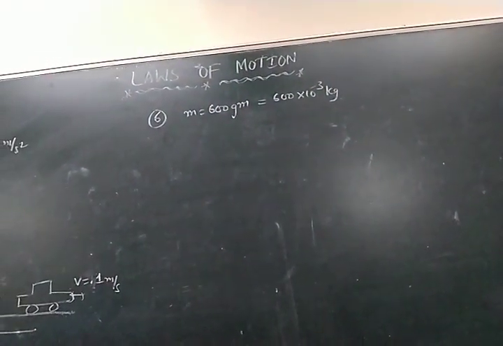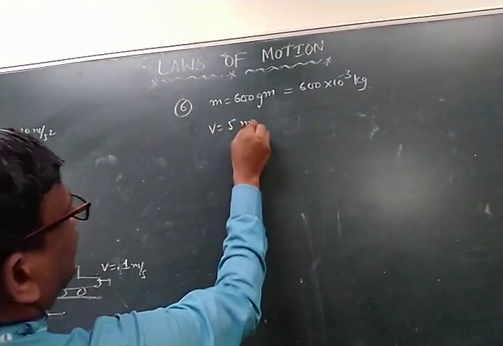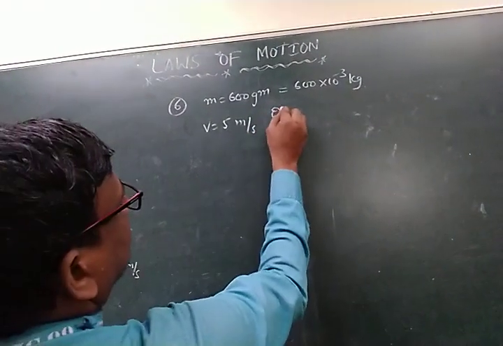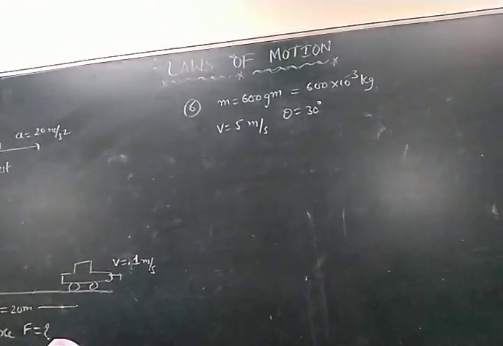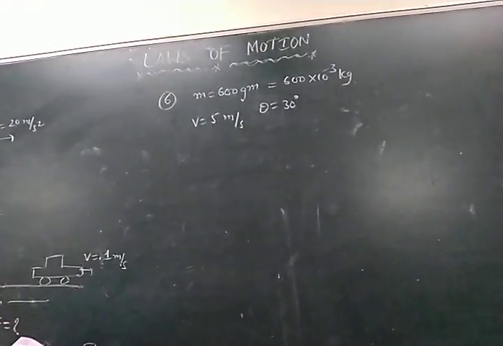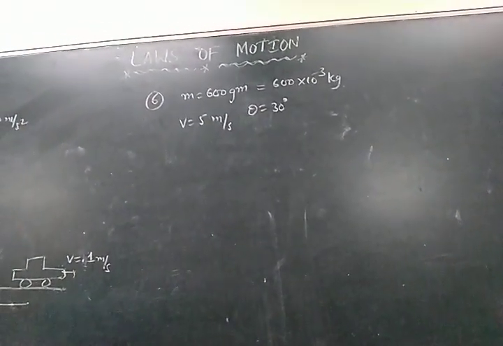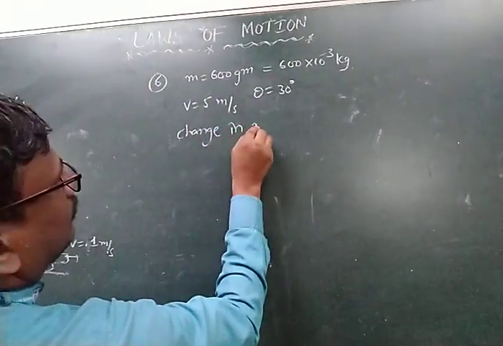It strikes the wall with a velocity v is equal to 5 meters per second, at an angle theta is equal to 30 degrees with the wall and rebounds with the same speed at the same angle with the wall. What we can find is the change in momentum